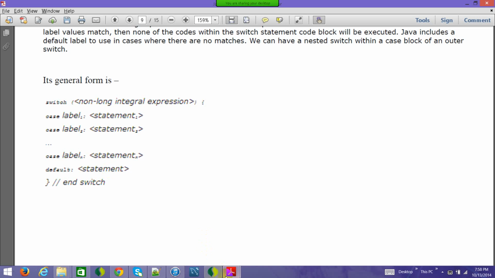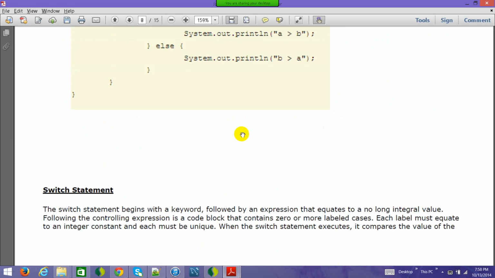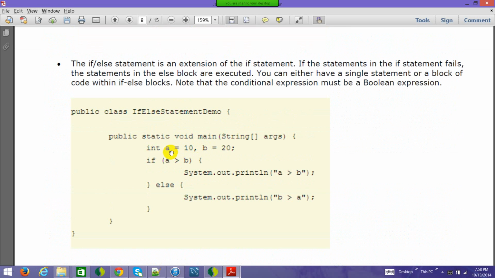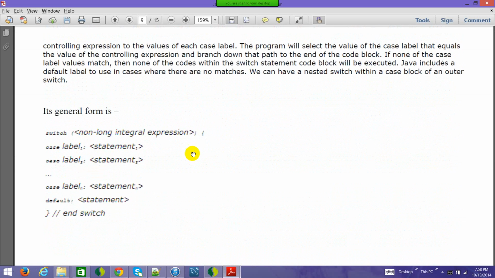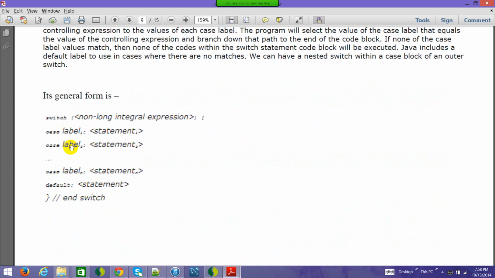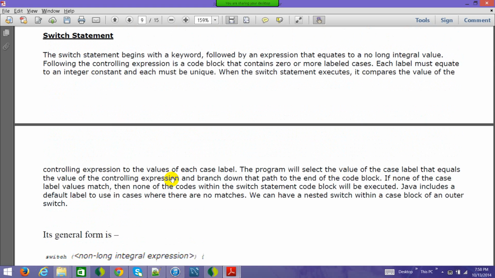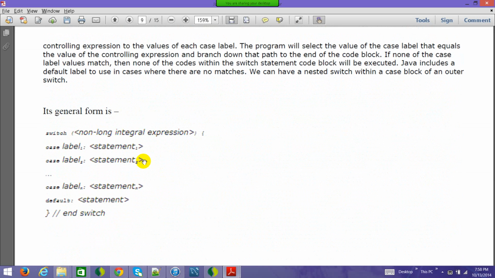Now say I go back here and I was using the integer a, with a as 10. What I have defined here is label 1, label 2, label 3. So I have case 1, case 2, case 3. So it doesn't match, right? So the default part will get executed. Now if the value of a was 1 and I was passing a here in switch, then this one would have got executed.